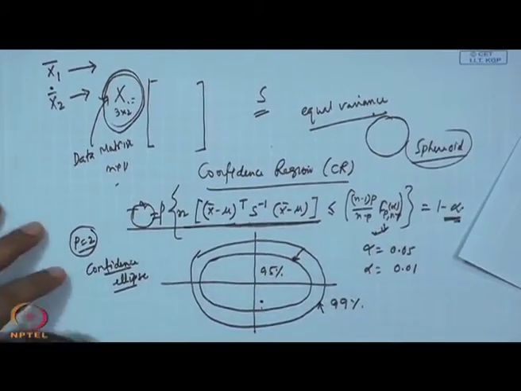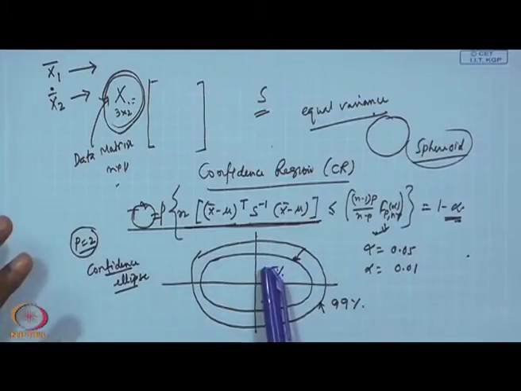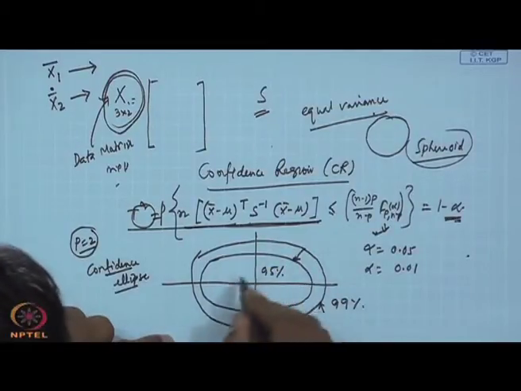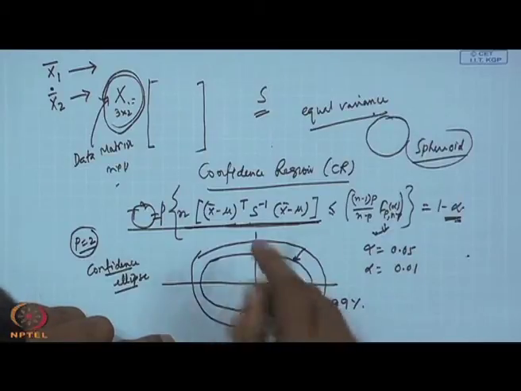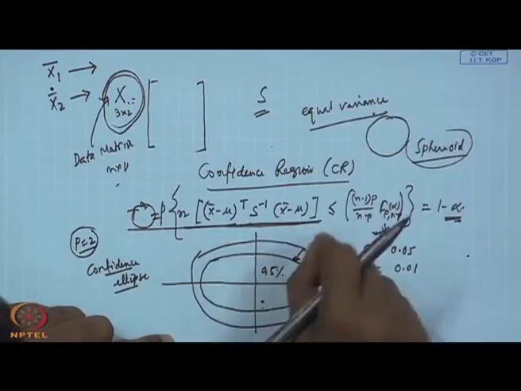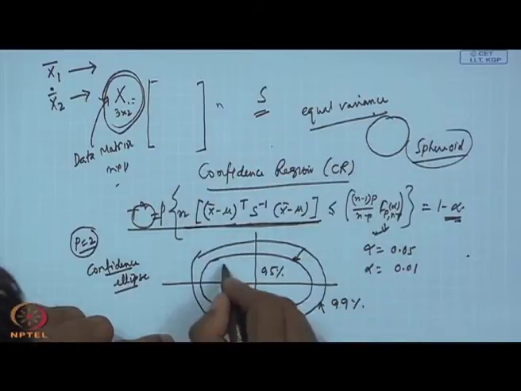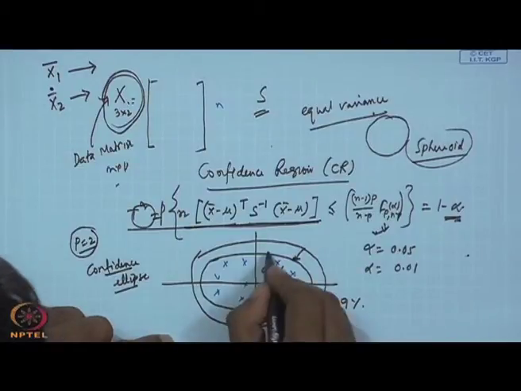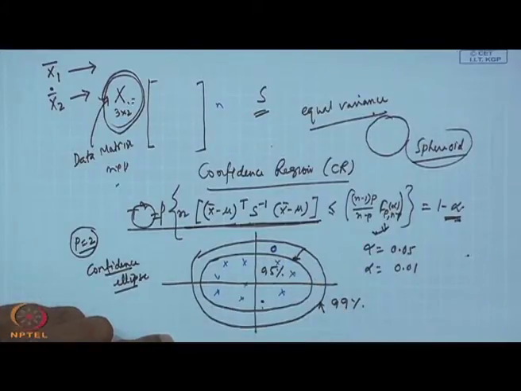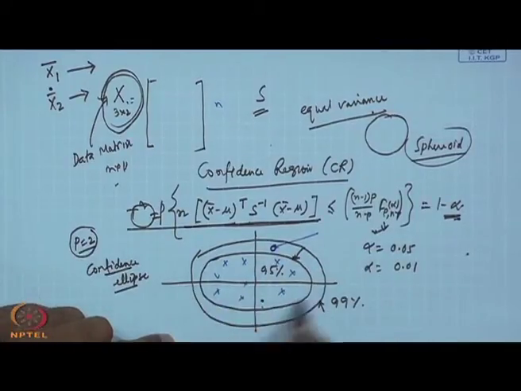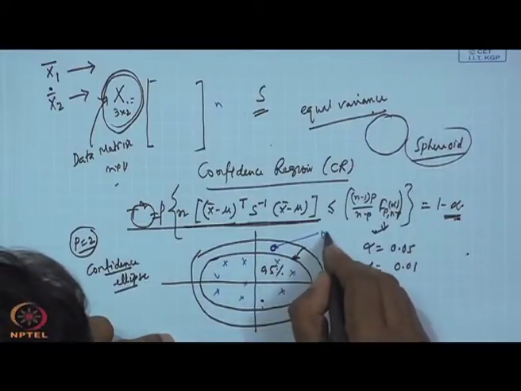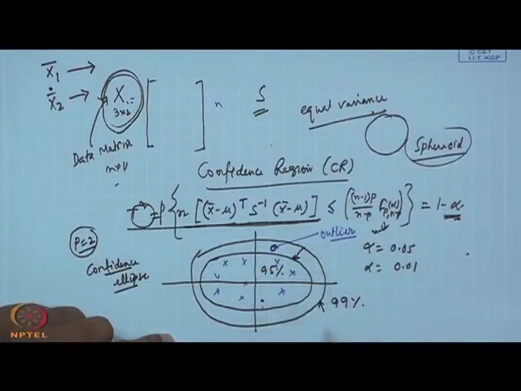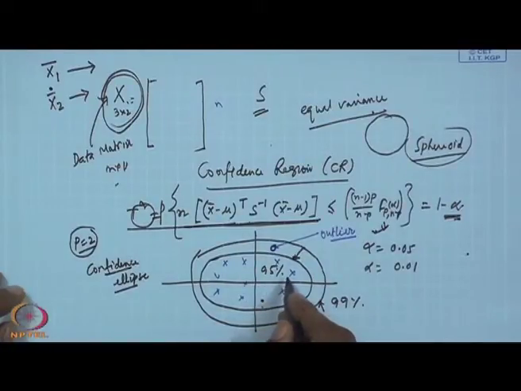One interpretation could be, suppose you find the ellipse and then plot, you fix all the points, suppose n points are there. You may get points like this. Suppose you get one point here. If I consider the 95% confidence ellipse, then this is an outlier. So, this approach can be used for outlier detection also.